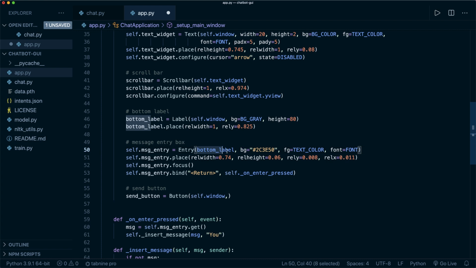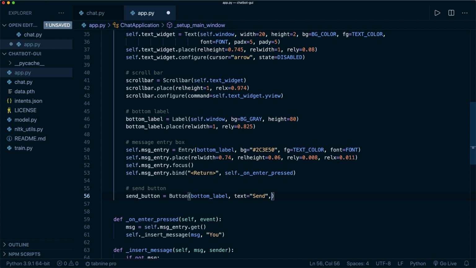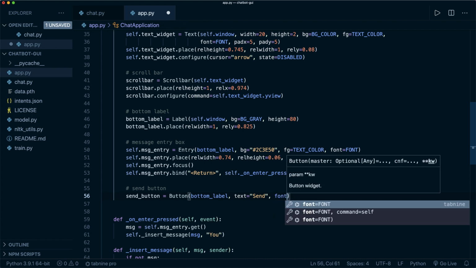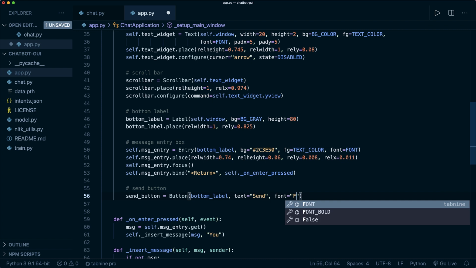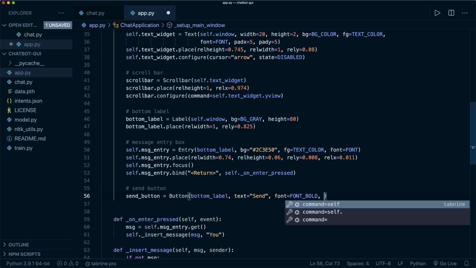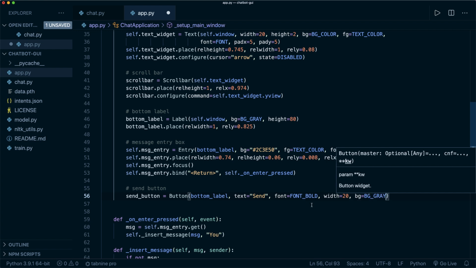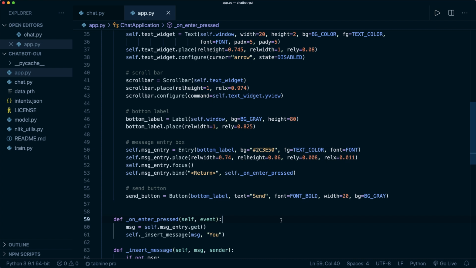And as parent, again here we want to use the bottom label. And as a text we want to say the text equals send. Then let's also give it a font. So we say font equals font bold, not as a string, but as a variable. Then let's give it a width. So we say width equals 20, and the background for this equals, again, background gray. And now we have to connect this